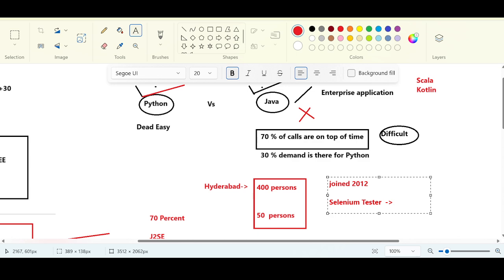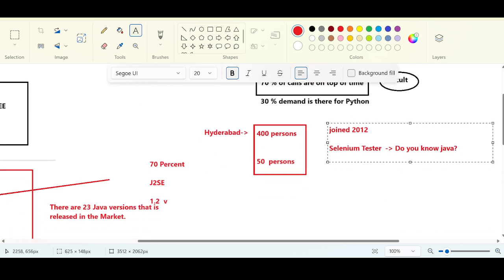The moment I paid the fees and entered the classroom, the first question or first suggestion given by the faculty was, do you know Java? If you want to continue as a Selenium tester, if you want to do Selenium testing, it is highly recommended to know the Java background. Without knowing Java, you cannot learn Selenium. So is there a dependency or not? Java is a dependency for Selenium. If you want to become a tester, of course you can, but learn Java and come.